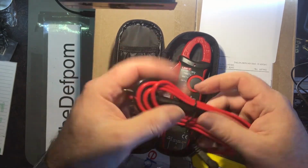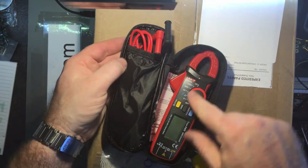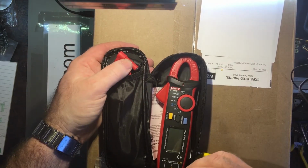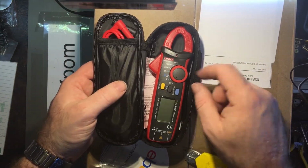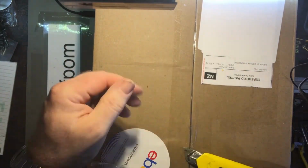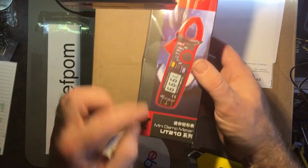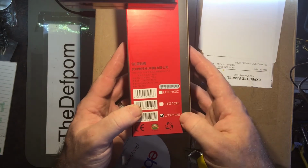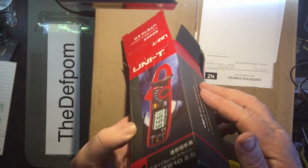I mean, they're okay. I bought it mainly for the clamp feature because it does low current on the clamp meter. The other clamp meter I've got, I think the lowest range is 200 amps or something stupid like that. It might have been 20 amps, I can't remember, but it didn't go very low, whereas this one goes much lower, so that's why I bought it. Cool, that's that. So yeah, it's the UT210. Not much else said. Or 210E, there are different variants. I don't know what the difference is. Anyway,